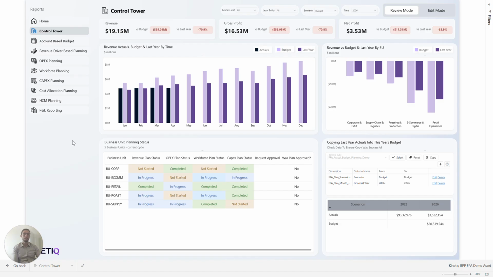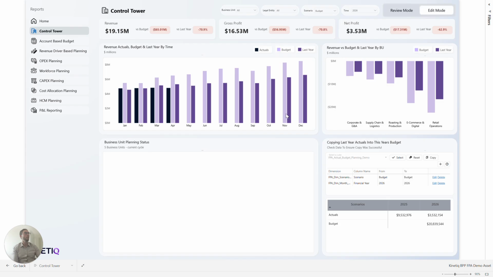For some context, a big pain point we've heard from a lot of clients is the need to have full financial and operational visibility into where exactly their planning is, as well as what their financials from a budgeting and forecasting standpoint look like compared to last year. With this particular page, we're calling the control tower, you're not only going to be able to see the statuses of where each of your team members are for all the different business units you're managing, for example, within your D365 F&O space, but you're also going to be able to configure those and change those